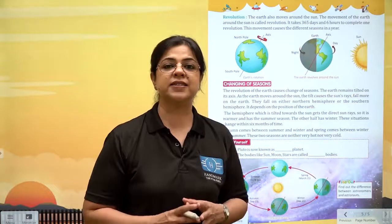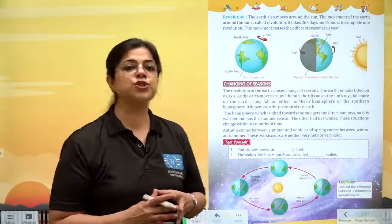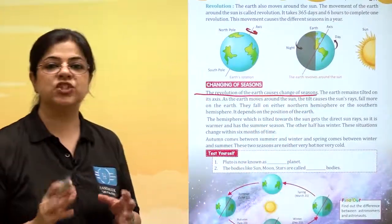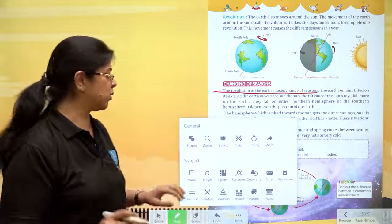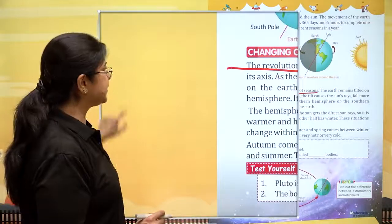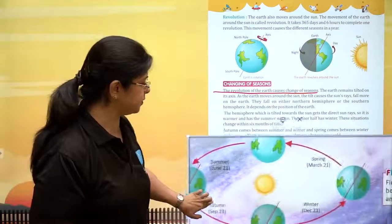Now, let us understand how seasons are caused. The revolution of the Earth around the Sun causes changing of seasons. Let us understand better looking at this picture. The Earth is slightly tilted at its axis. As we can see here,